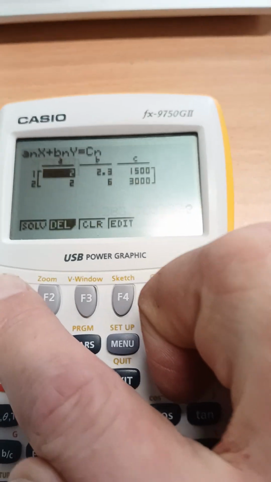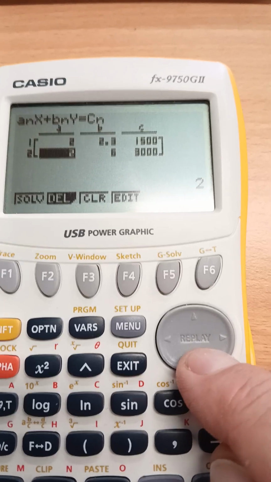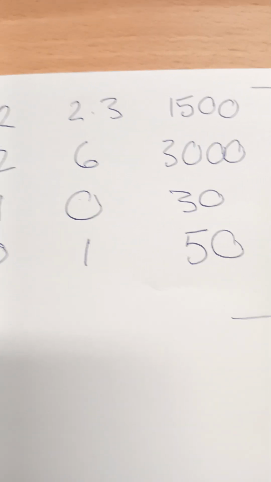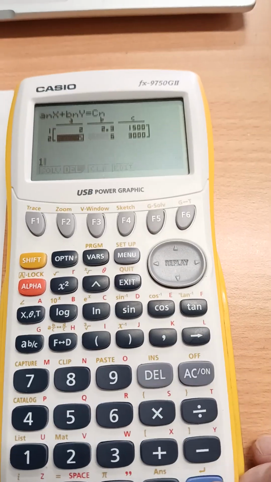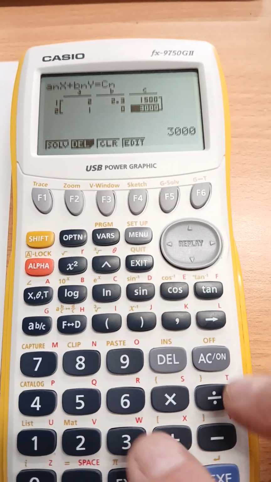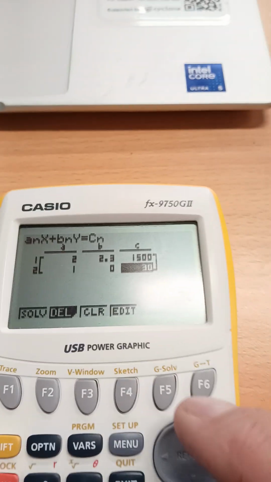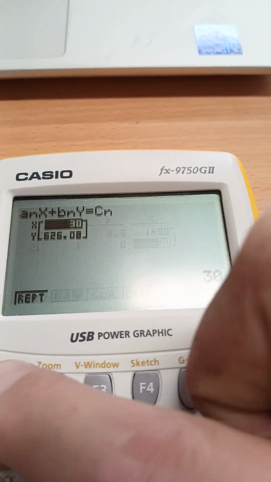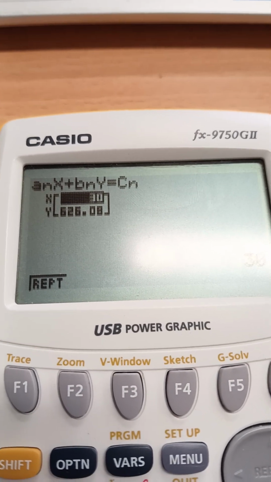If you want to enter another one, you push repeat. You'll often be able to just use one of the lines you already did, so you could arrow around. If I wanted to find the intersection of equation 1 and 3, I only have to enter line 3 into the second row, 1, 0, 30. So I go 1, enter, 0, enter, 30, enter. And then I'm finding push solve, which is F1, and I'm finding the other point, where does 1 and 3 cross,